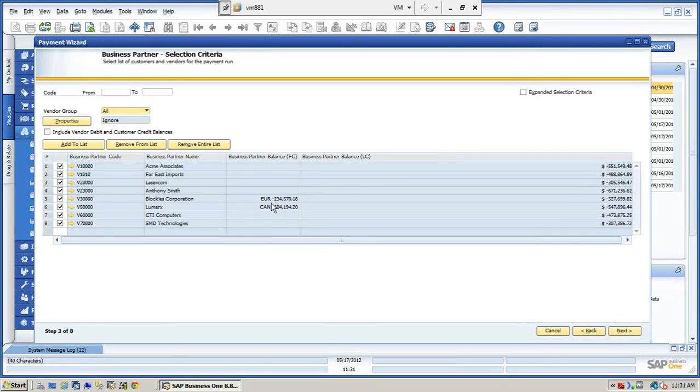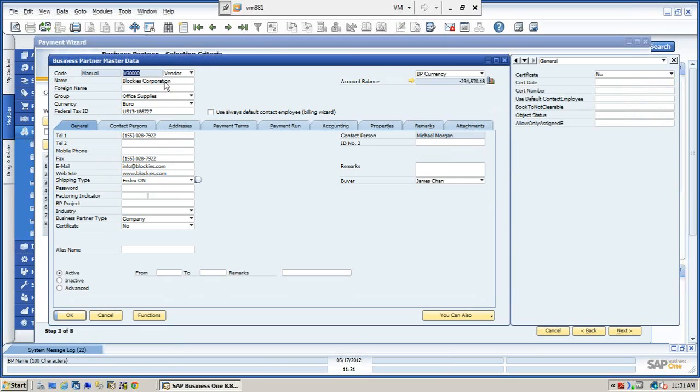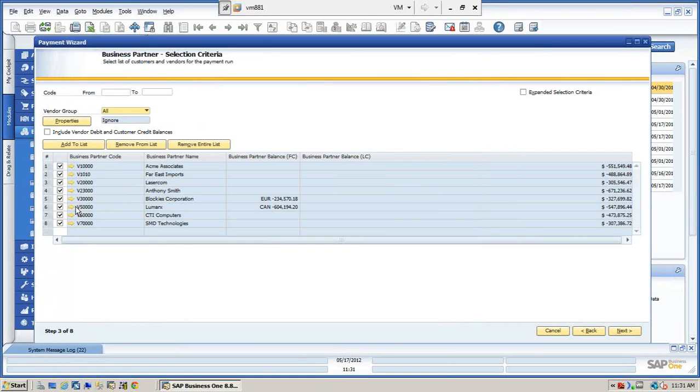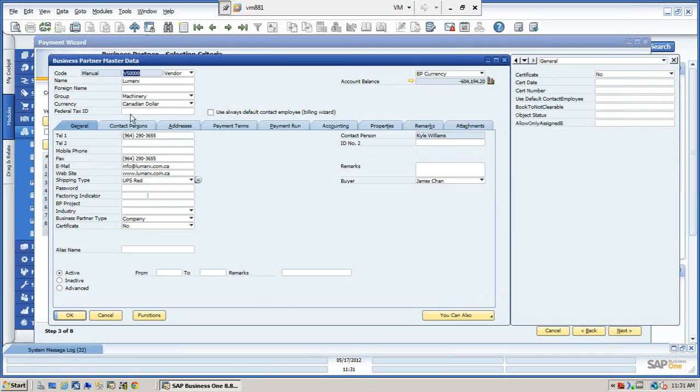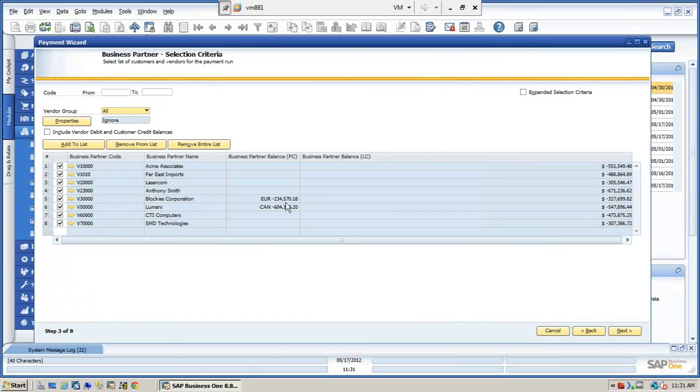You also have these two vendors which have some euro and Canadian foreign exchange. The FC is the foreign currency. The LC is the local currency for the business partners. So if you look here, under the business partner, under this vendor, his default currency is euros. And you can see here that for this vendor, we're using Canadian dollars. So you can see I'm going through a series of steps. I'm on step 3 of 8. So if I want, I could, let's say I'm just going to